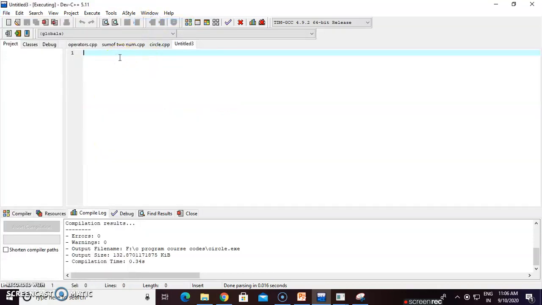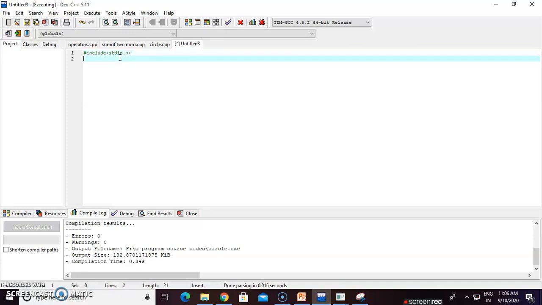Then write the code: hash include stdio.h, hash include conio.h.